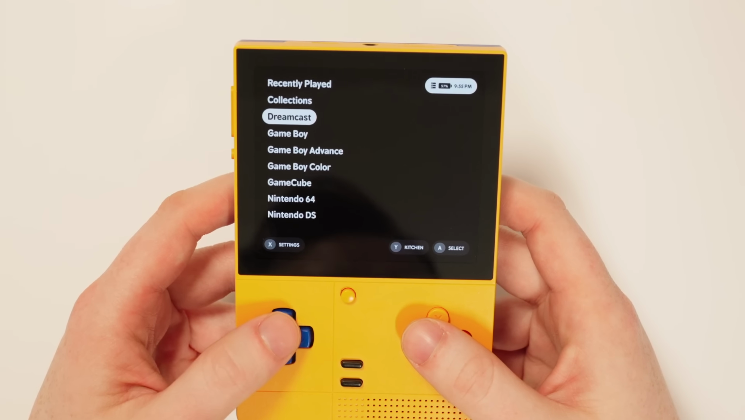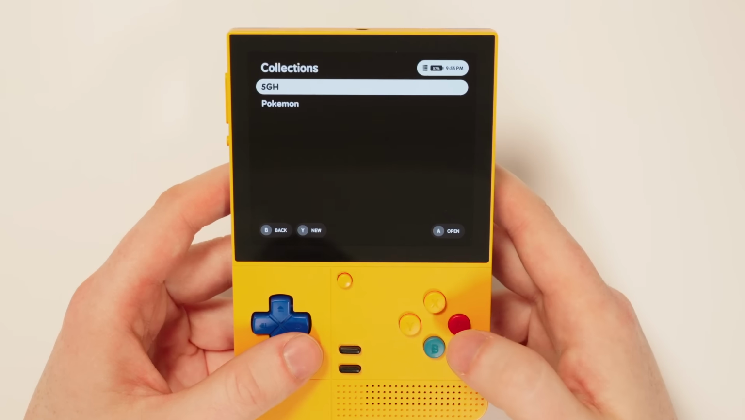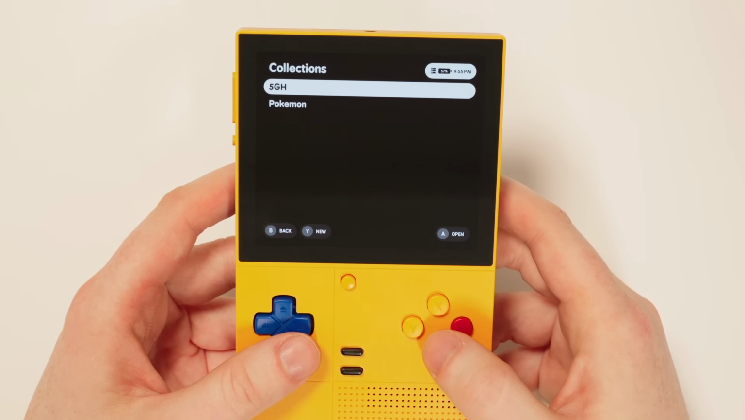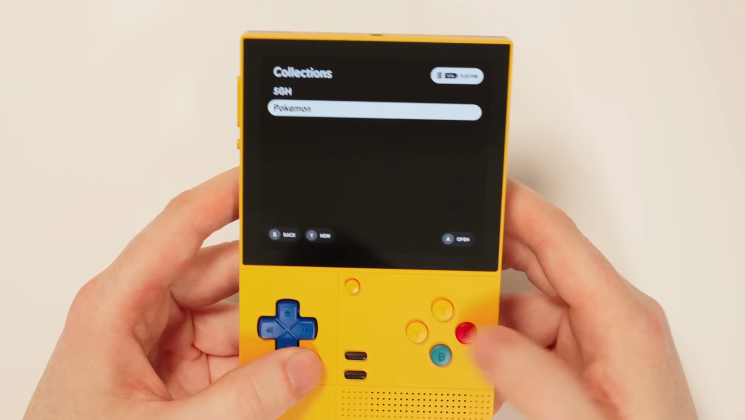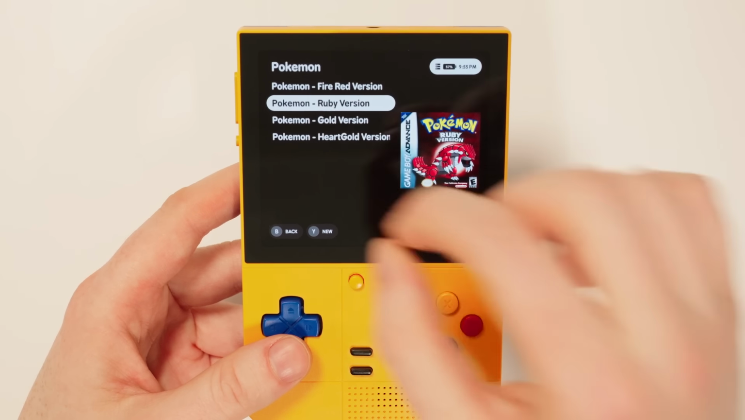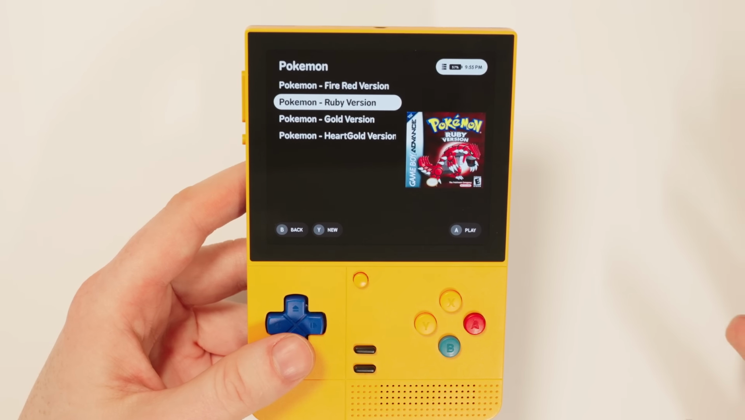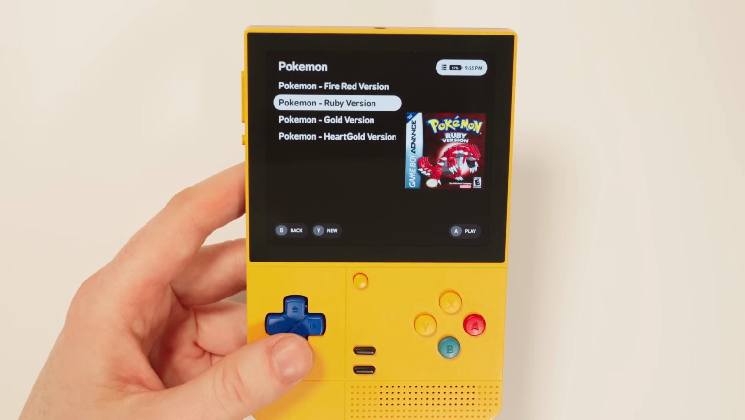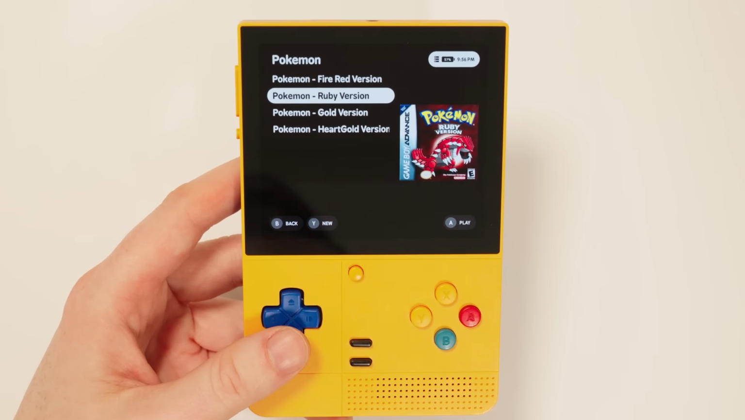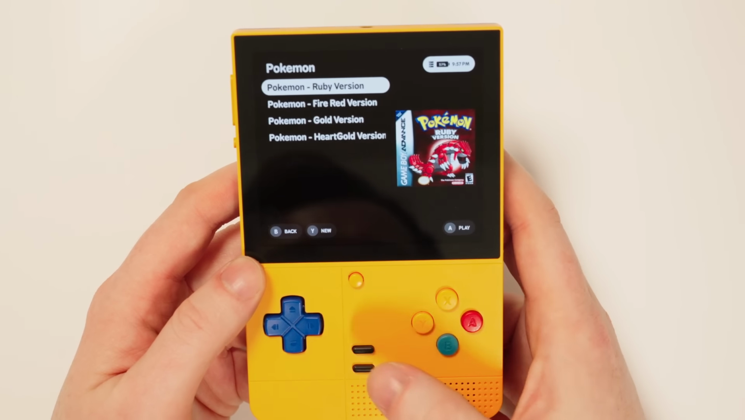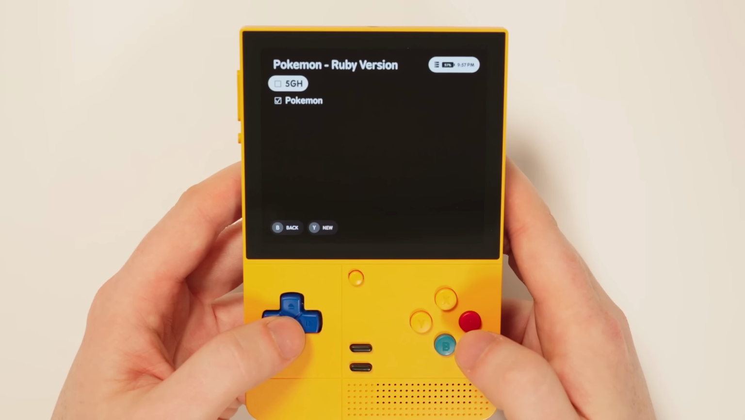Now, there's some things we haven't covered. For example, in collections, you can make nested collections. So for example, let's say I have a collection for Pokemon games. I could then further differentiate them between, for example, Gen 1, Gen 2, Gen 3, or real Pokemon games and Pokemon ROM hacks. So in order to do that, I can press Start, Manage Collections, and I can now make